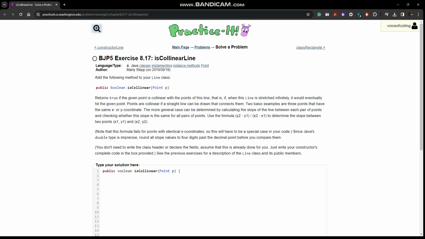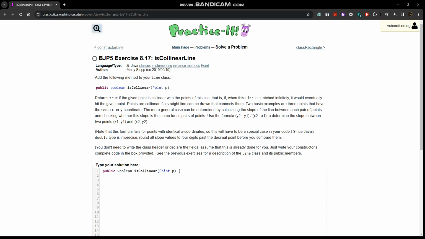That is, if when this line is stretched infinitely, it would eventually hit the given point. Points are collinear if a straight line can be drawn that connects them. Two basic examples are 3 points that have the same x or y coordinates. A more general case can be determined by calculating the slope of the line between each pair of points and